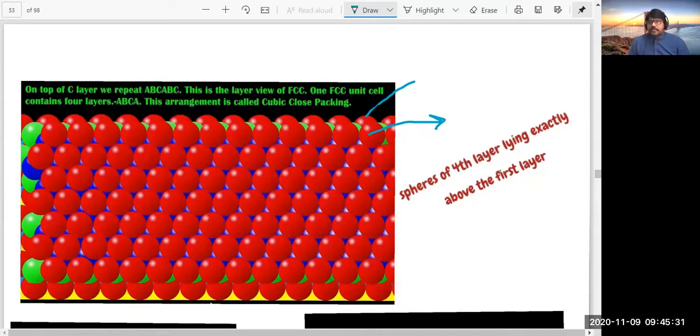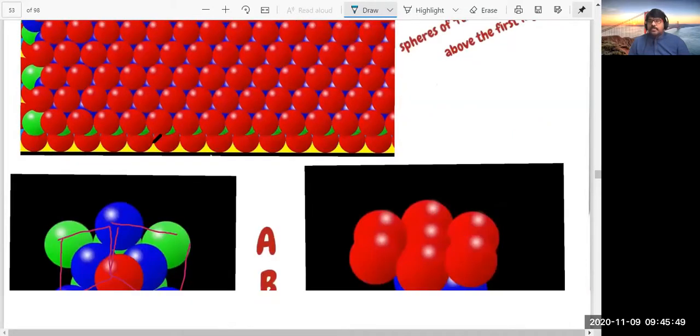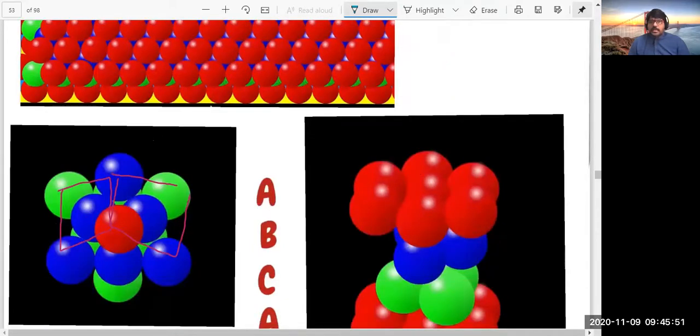If I say the arrangement of particles in the first layer is A, the second is B, and the third is C, again the fourth is A. ABC, ABC, ABC type of arrangement. This is what we call a cubic close packed structure.